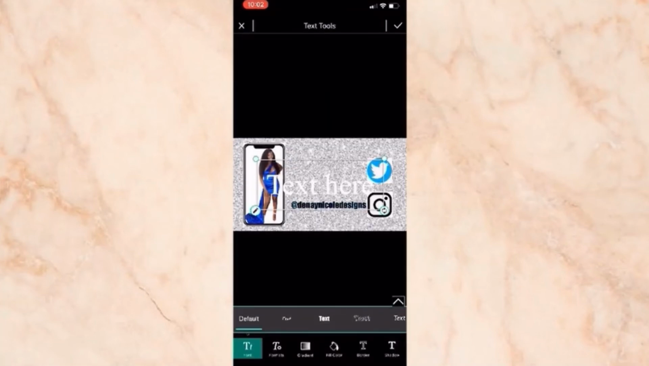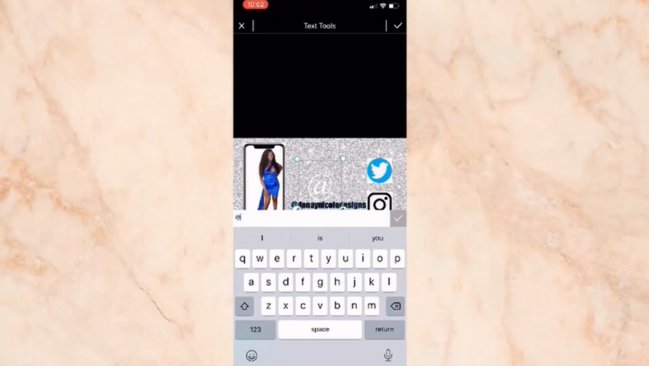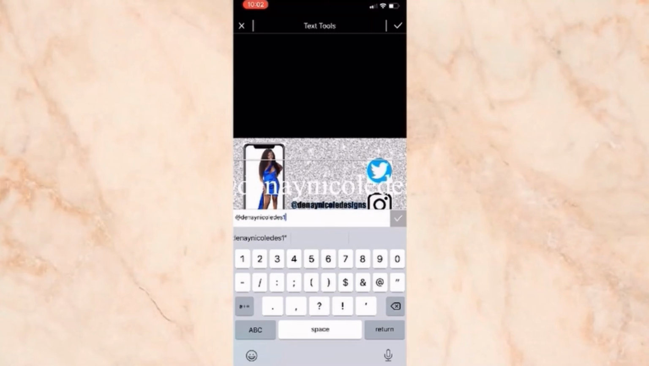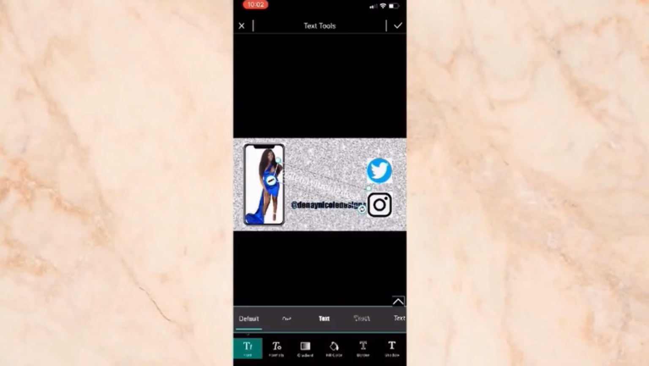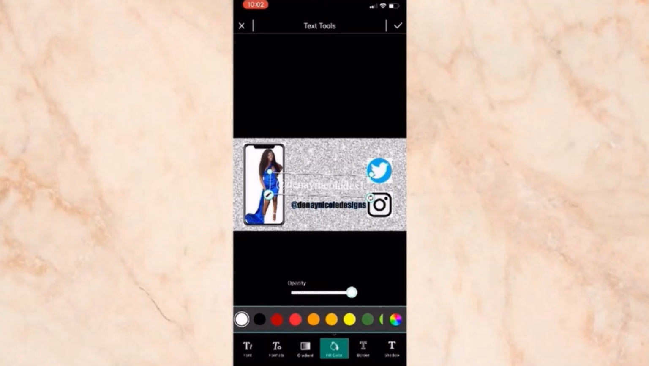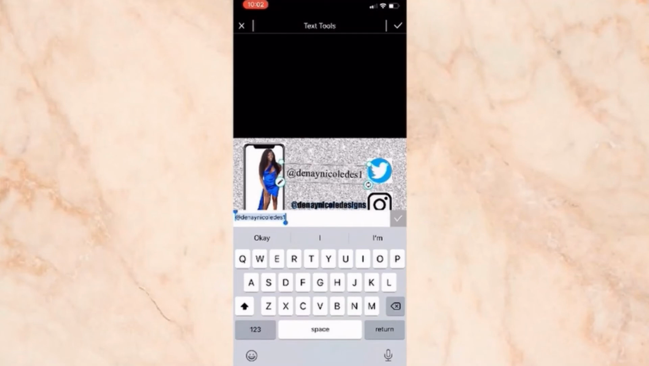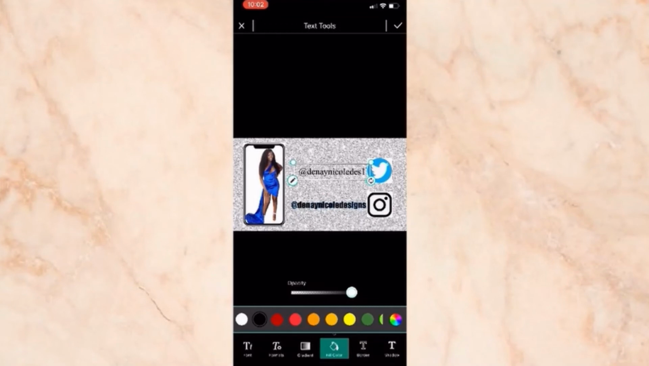Okay, so now we're going to add text again for your Twitter name. And mine is Danae Nicole Des1. So just shrinking it down. And it's going to be smaller than the Instagram name just because Instagram's name is longer. So I'm going to do what I did for the other one, which is, of course, change the color of the text to black